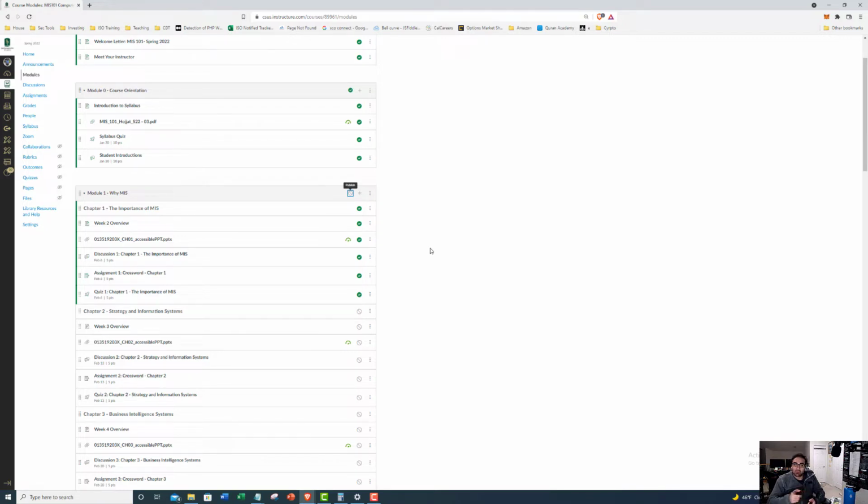And the crossword puzzle. So read the chapter and the PowerPoint. Do the discussion board. Do the crossword, and then take the quiz. Okay? So 4 tasks completed by the end of the week, and you should be good to go.